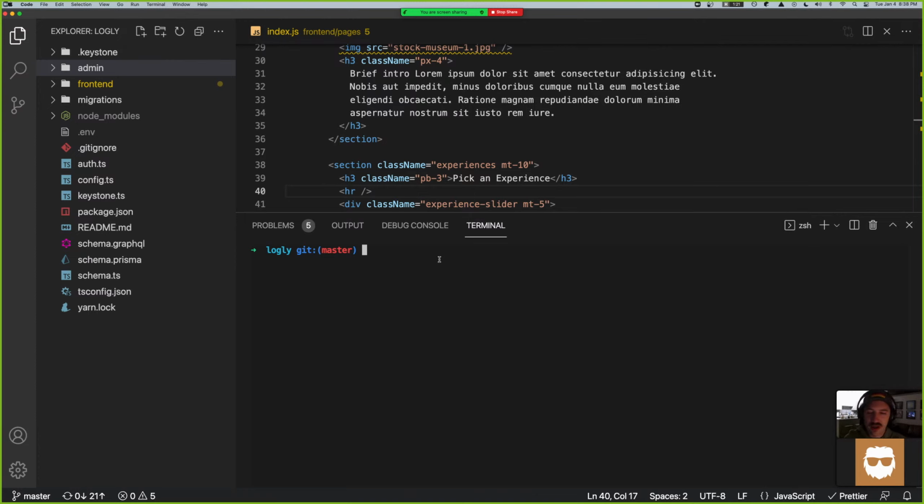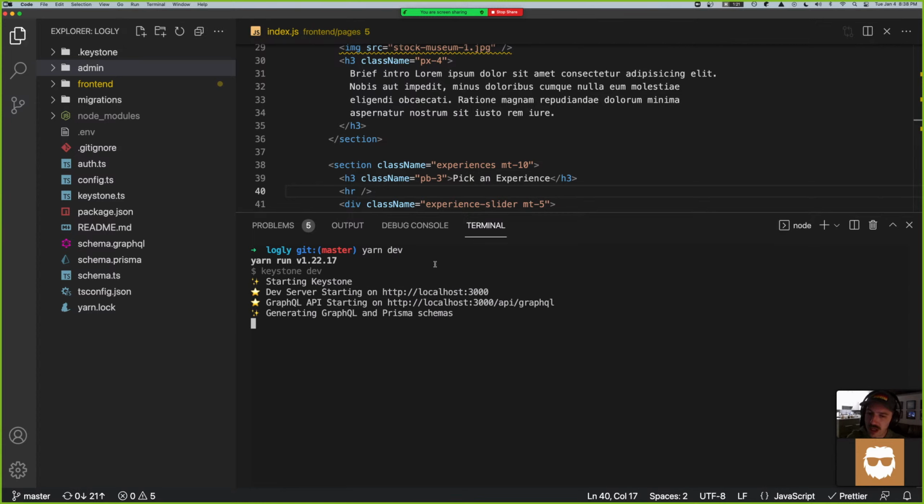Okay, we are building a Keystone Next.js app. I've already scaffolded a boilerplate app, so it has the bare minimum here. We've got a yarn dev, a Keystone admin app that runs with yarn dev. No major configurations are going on. I haven't done anything crazy to get this running. It's mostly just from the generated code on the Keystone.